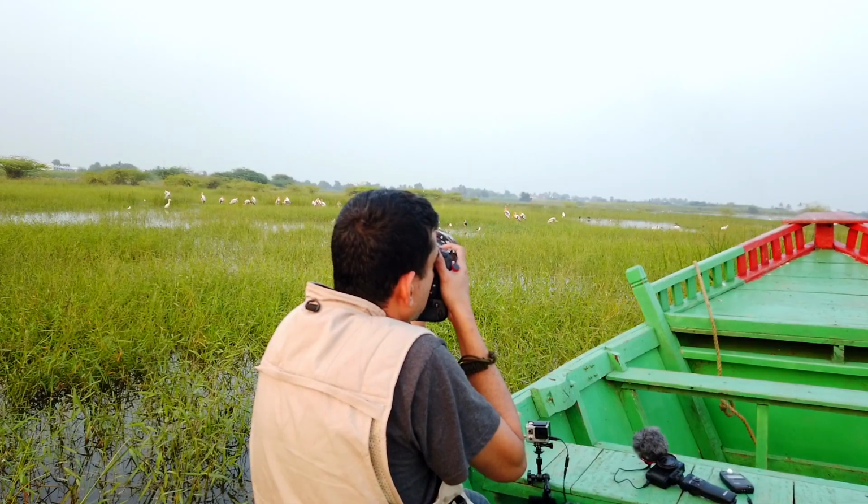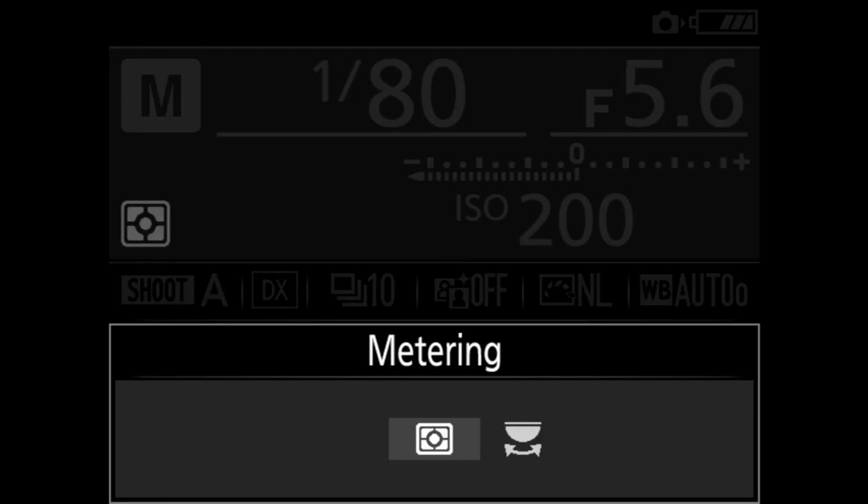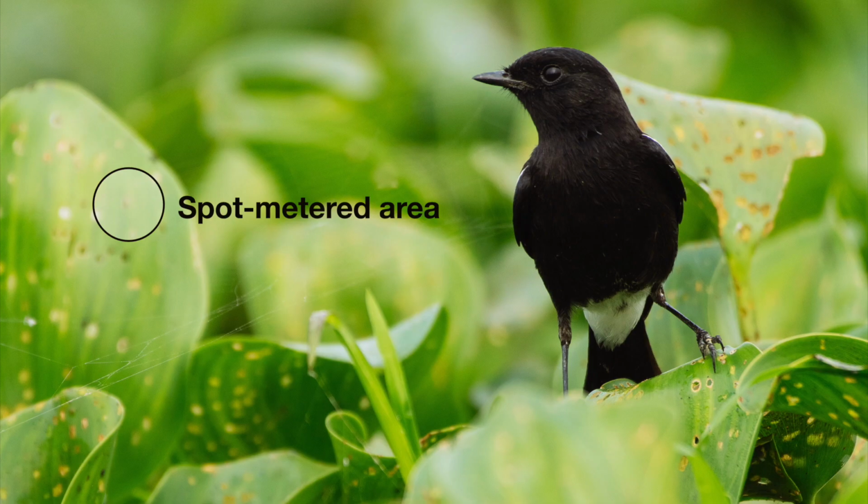Here's my biggest secret in wildlife photography. Are you ready? I set my metering mode to spot metering, and I align my focus point on green foliage and set the exposure for that green foliage, and anything in that frame is going to be perfectly exposed once I set my exposure on that green foliage. That's the beauty about spot metering.